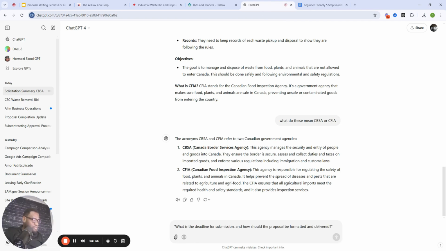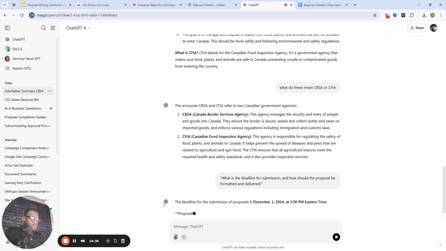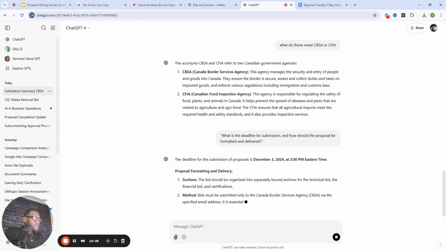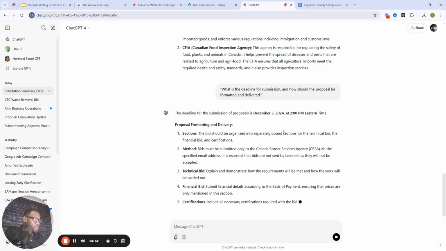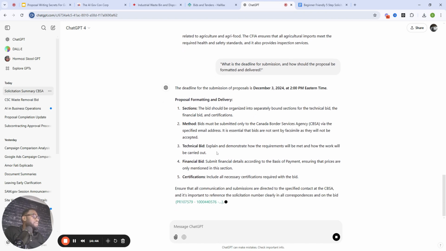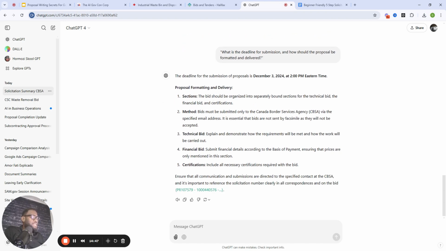submission instructions. How do you submit your proposal? The deadline for the submission is the 3rd of December 2024, 2 p.m. Eastern Standard. The proposal format and delivery. The bid should be organized into separate bound sections for the technical bid, the financial bid, and certifications. This is